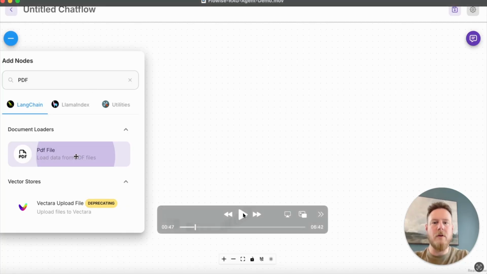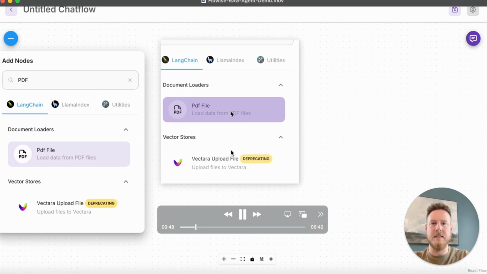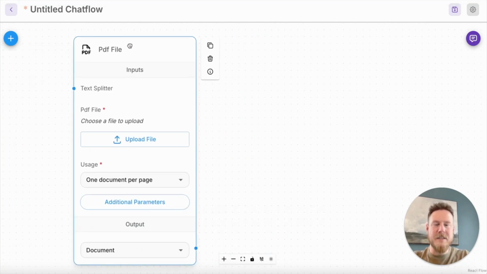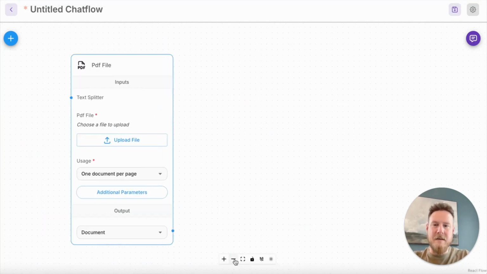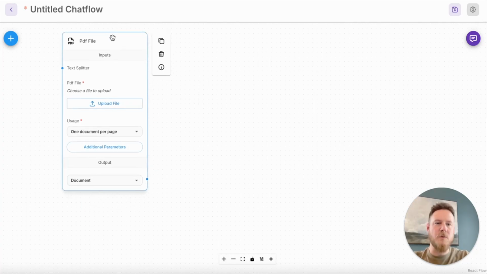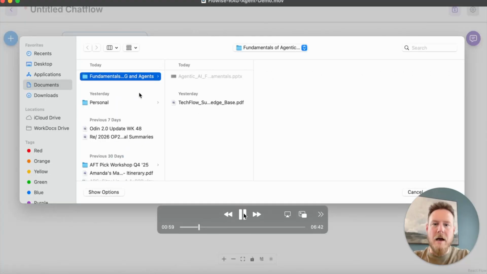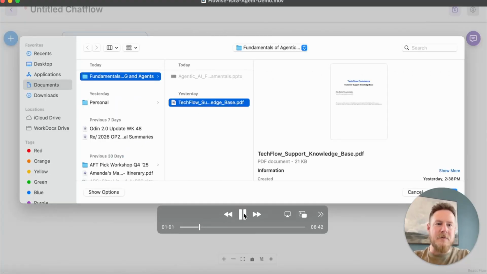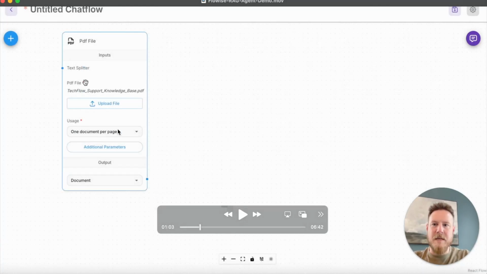So we're going to create the component to support this. It's as simple as dragging it onto the screen. And it builds this pre-built component. I'm zooming out just so that as we add more things onto the screen, you'll be able to see them. And then there you can see we're just attaching the PDF file that we want the PDF loader to use.